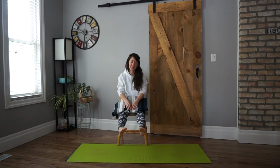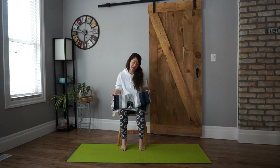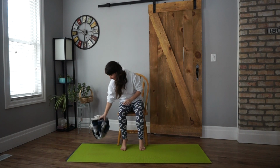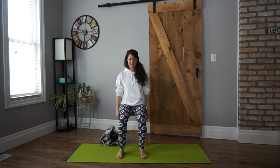So we're going to give a little love to those things that hold us up, and when you're ready you can grab a blanket or a thick towel. We're going to use it a little bit later, so you can set it to the side. And when you're ready, we'll come into our chair, find our alignment, and just see if we can even drop